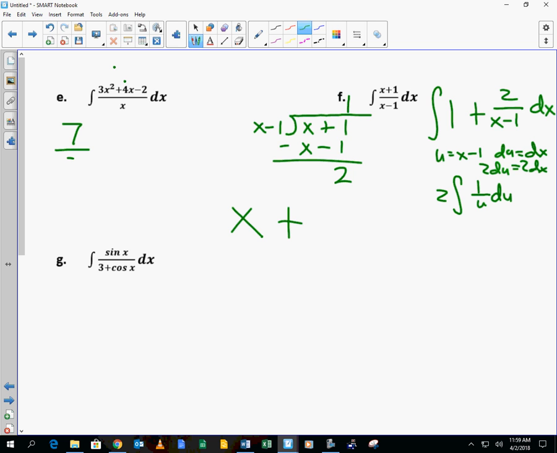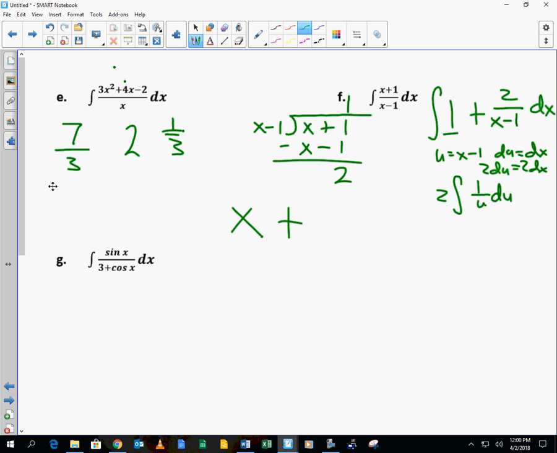7 over 3. Okay? 7 divided by 3. Would you agree that that's 2 and 1/3? So 2 is your quotient, which is right here. 1 is your remainder. Your remainder is right there. And then 3 is your divisor. So your quotient, your remainder, and your divisor, it's all right there. So all I have to do is figure out the antiderivative of 2 over x minus